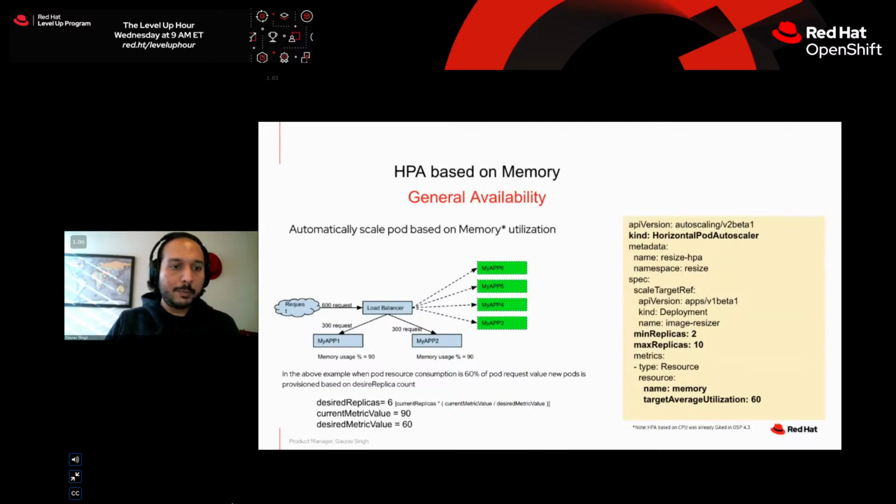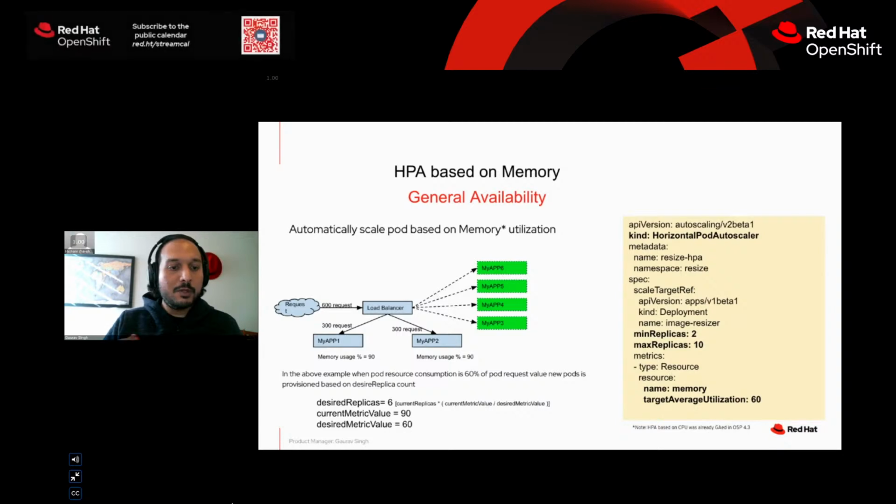I'm going to talk about HPA, horizontal pod autoscaling. It is automatically scaling a pod based on memory utilization. Take an example: think about a customer-facing website or application, where suddenly there are a lot of people logging in. Because of that, the memory utilization of the website has increased to 90%. HPA will spin up new pods so that the memory load is spread across them